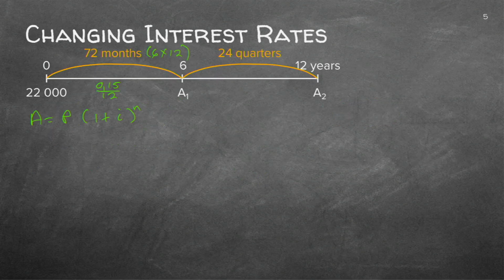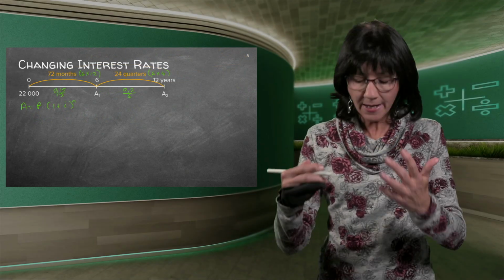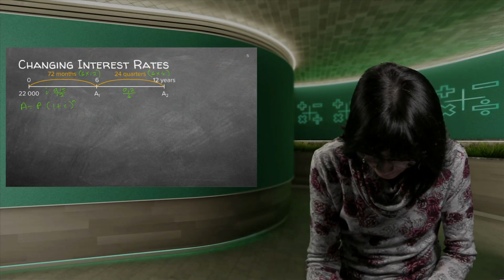So let's go. Next, 6 years is quarterly. 20% is 0.2. Because it's quarterly, I need to divide by 4 because I'm cutting up my year into quarters. Divide by 4 means that 6 years needs to be multiplied by 4, and that is where we get the 24 from. Does that make sense? So now I've got my I and my N. Let's just write down, this was my I.